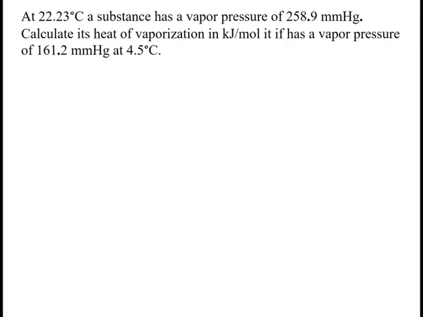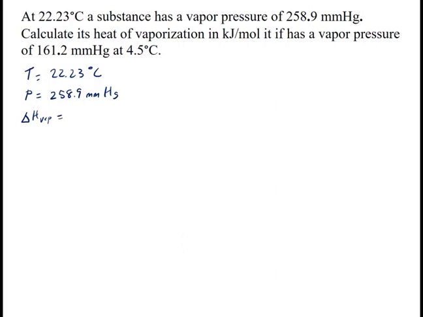The last problem in this set of problems, again, is still the Clausius-Clapeyron equation. I have a temperature, same process, of 22.23 degrees C. I have a vapor pressure of 258.9 millimeters of mercury. This time it wants me to calculate the heat of vaporization, so my delta H of vaporization. And the reason I do all this is that if you don't know what kind of problem it is,